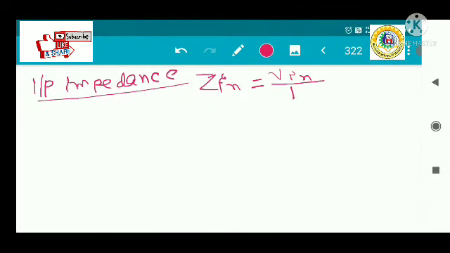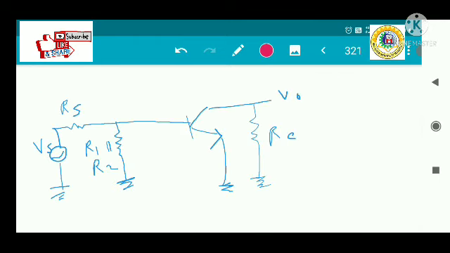Vin divided by Iin. Now there is a condition: it does not include the RS. How will we calculate Vin and Iin? Now just look into this circuit. Suppose this is your section, and I want to calculate the Zin like this, and this is the Vin, the voltage dropped, Vin. And this is the current flowing into the circuit,